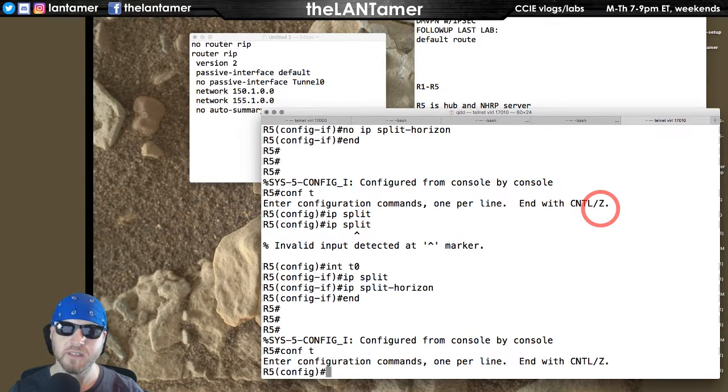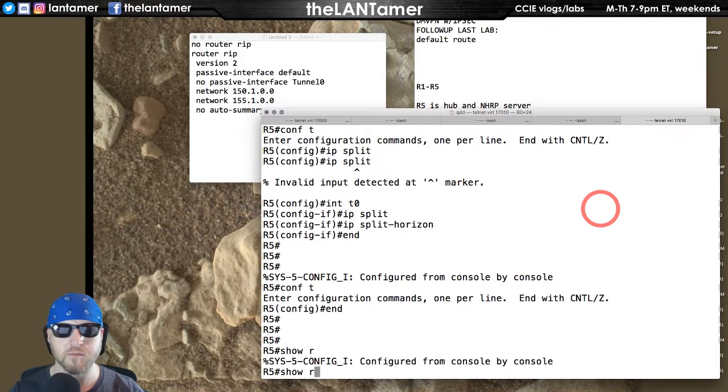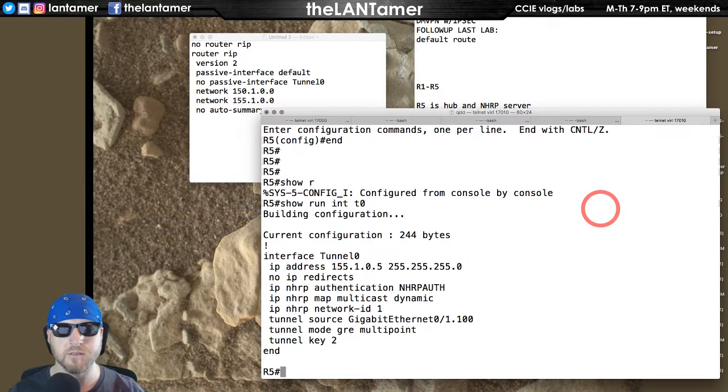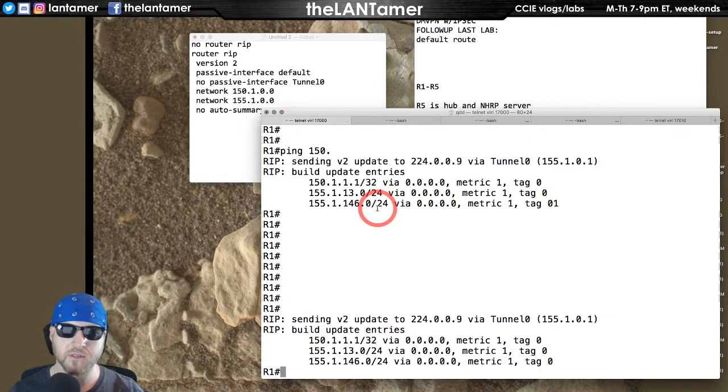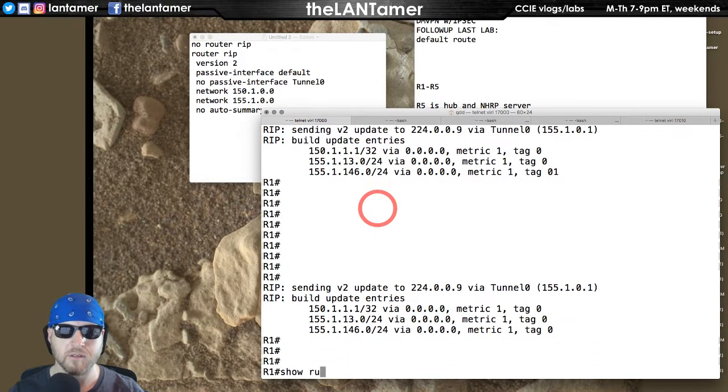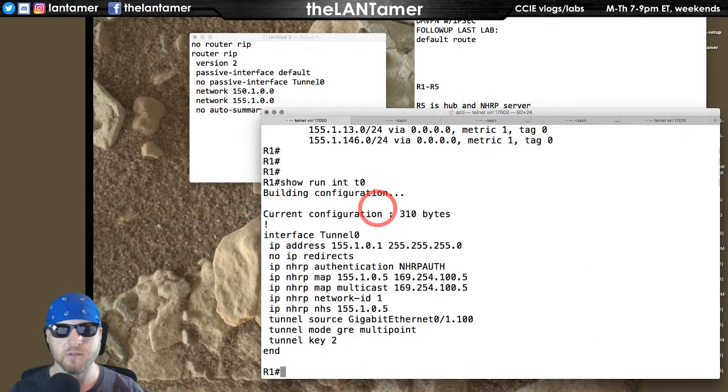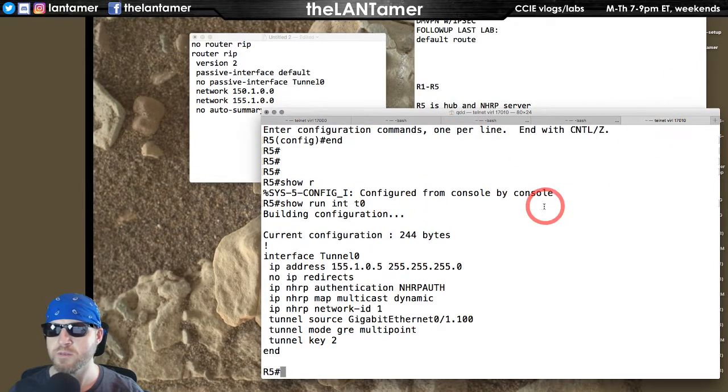That should be okay though. I think that's a default, right? Show run interface T0. Yeah, the fact that it's not there means that that's the default. IP split horizon is enabled. So what do we have going on here? Let's do